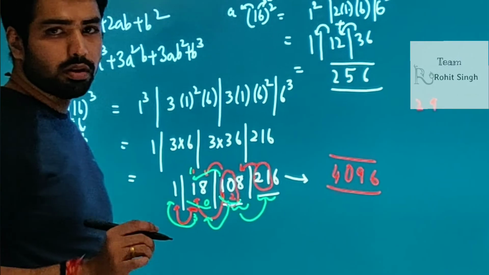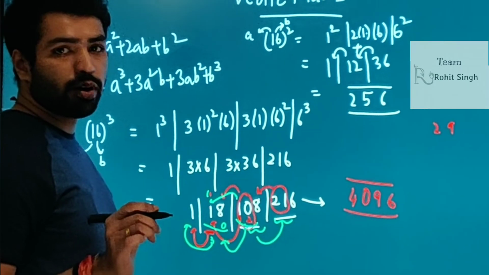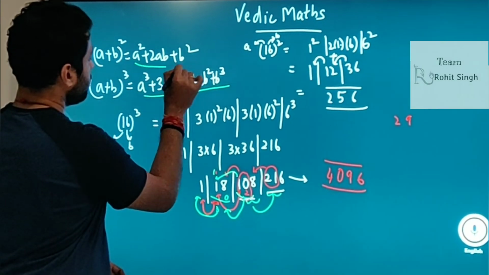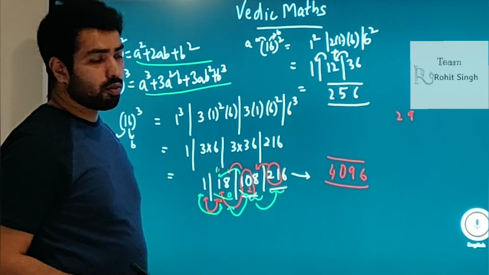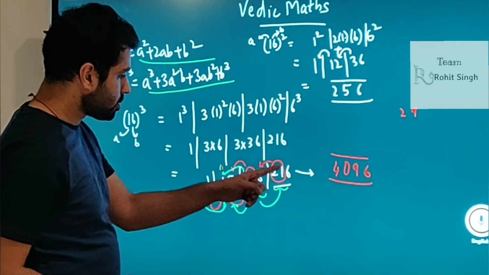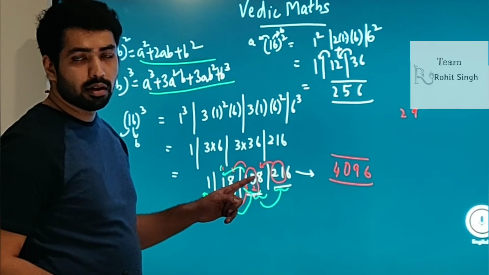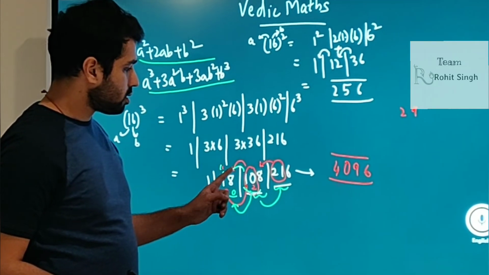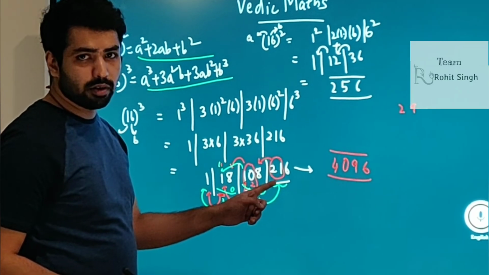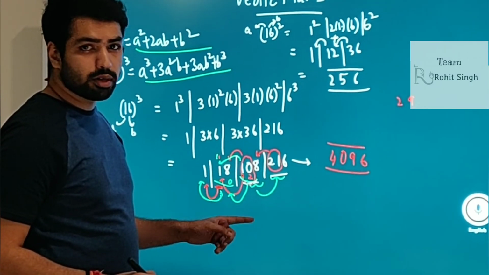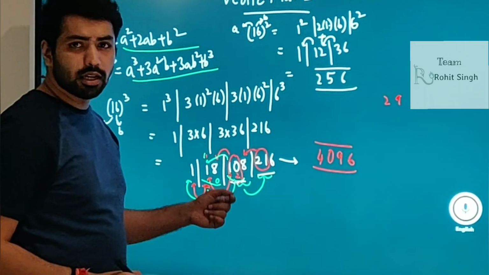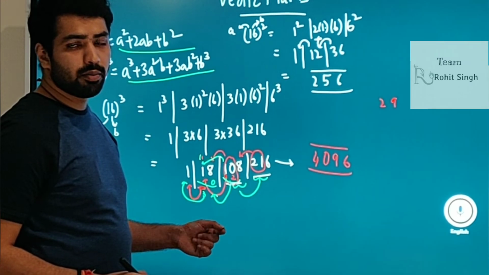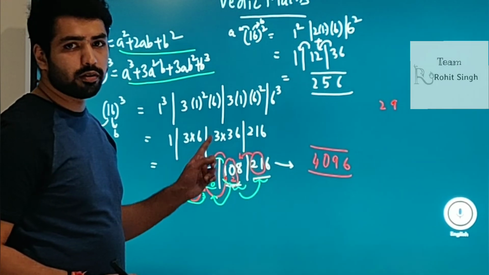So this is how you solve problems of finding squares and cubes using this formula. So hopefully this complex part of carrying, wherein more than 2 digits are involved, is clear. Initially it may be a bit confusing, but with more practice you will be able to do it very perfectly. So this is how we solve these problems.